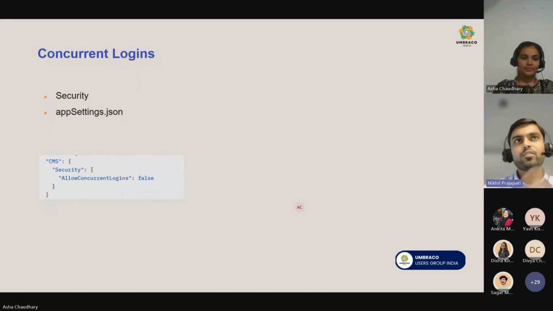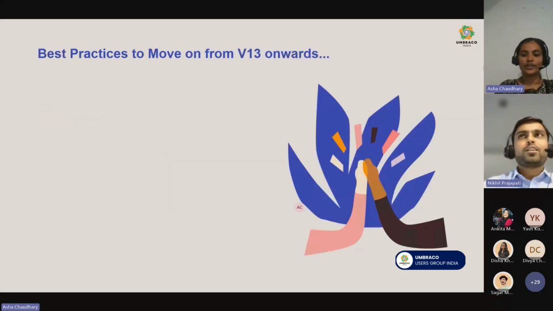It's also a security parameter at such a stage. Correct. Okay, so now